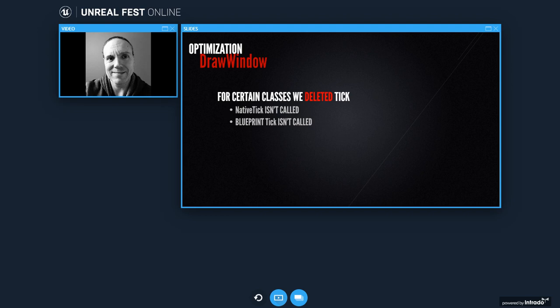So going back to my health bar example, the easy way to implement that would be to query the player's health every tick. That would be the simplest way and often the way that coders choose to do those things, especially when they're prototyping. Deleting the tick ensures that people always have to use an event-driven approach or a more performant approach than querying something every tick.